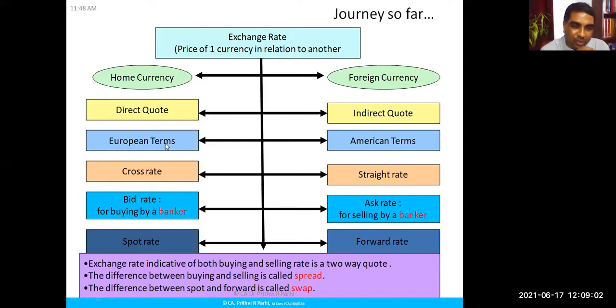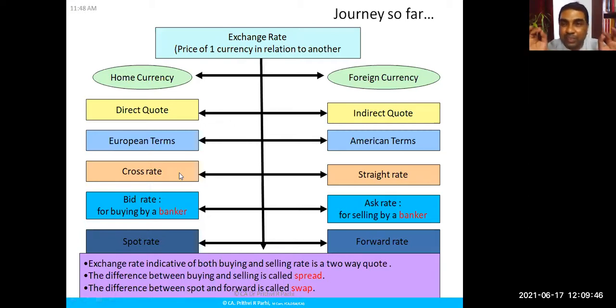Okay, right? And one more thing, you also know there is something called the cross rate and something called the straight rate. What is straight rate? Where home currency is involved, it is easy for you. You can find it out easily. What is the quote for any other currency? Cross rate means home currency is not involved. You have to find out the rate with reference to home currency by using that multiplication formula you already know: bid A by B into bid B by C is equal to bid A by C. So that is called the cross rate. Many times we might have to use cross rate because straight rates may not be available.